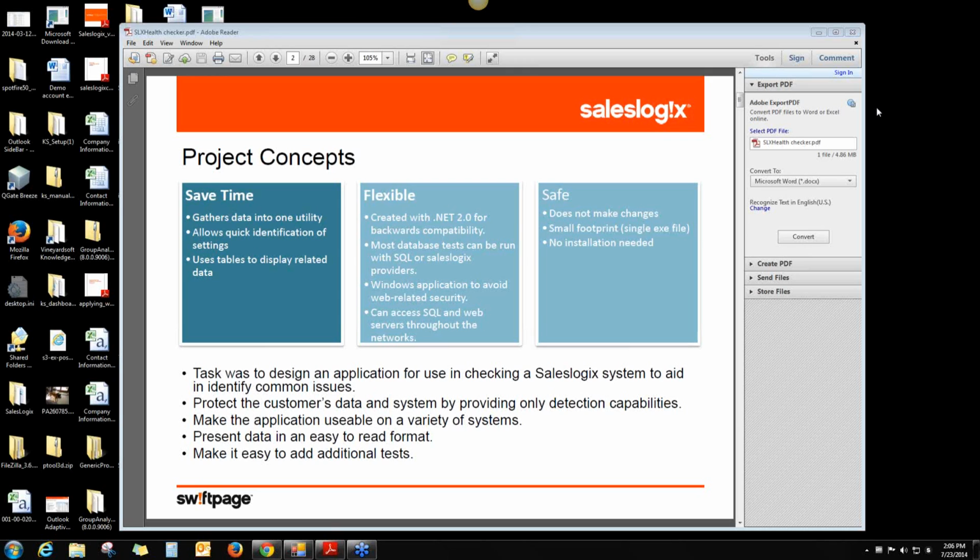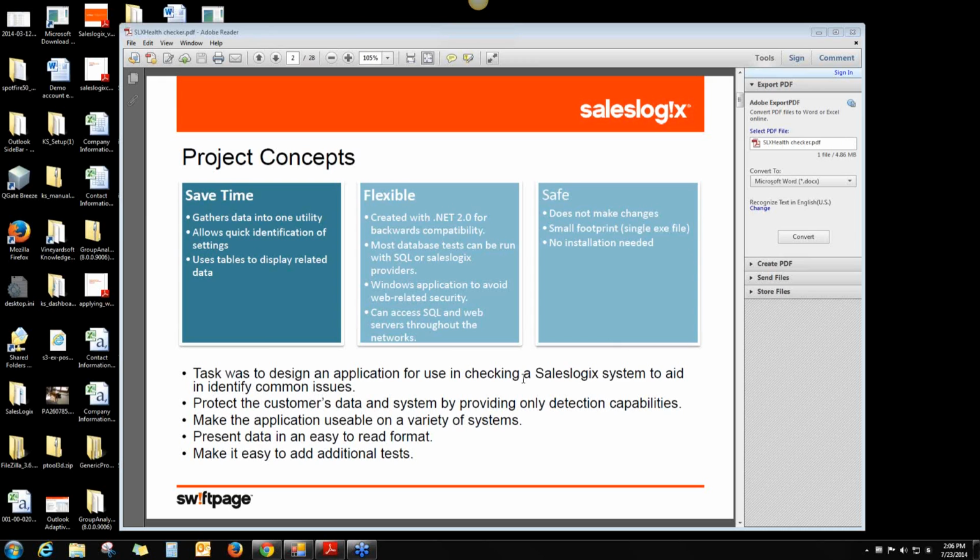Server, and as long as it's running on an application or a Windows system that has access to the server, that's okay. So you don't have to install it directly on the server. I'll explain a little bit of that to you. The other thing I'll mention is, and it does talk about this in this brief slide presentation we're going to be showing you,